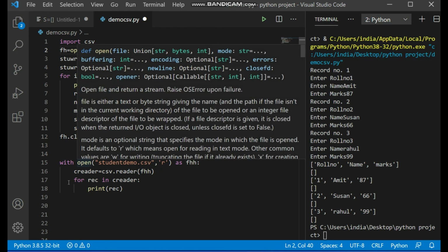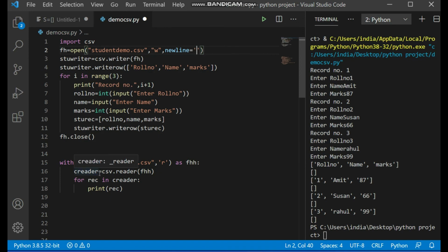Opening, even as we have done here with open, for writing also you can use with open; both can be used. So with open, fh, creader object creation, and just a loop iteration because row-wise we wanted the data on the screen. Clear? So this is the comma separated values file.